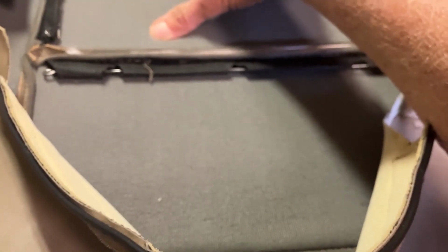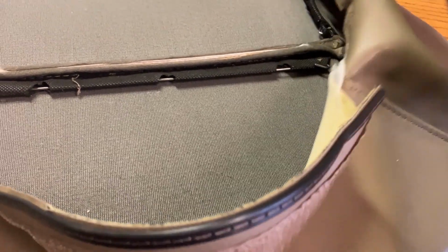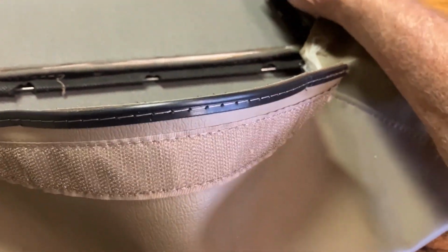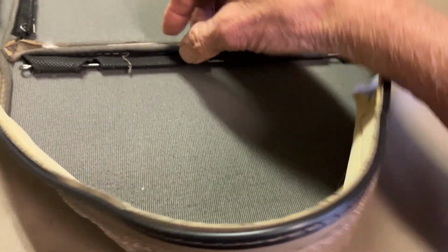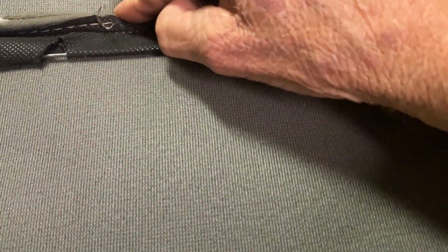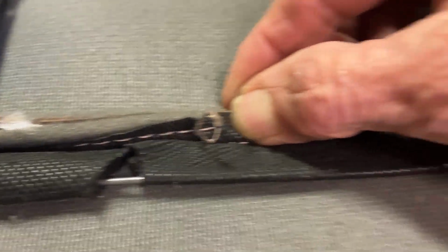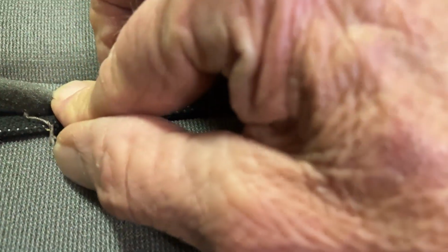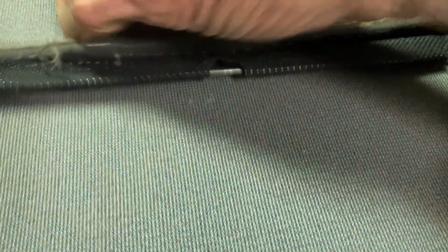I'm going to use this panel because I've got a rip on one side up the panel, not on the other side of the seat. So I want to see if I can reuse this and make it strong, undo all the stitching around here, and recreate. And it's got thread all the way around, then the thread on this side too,